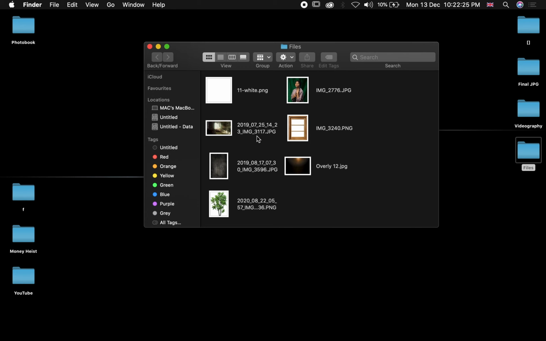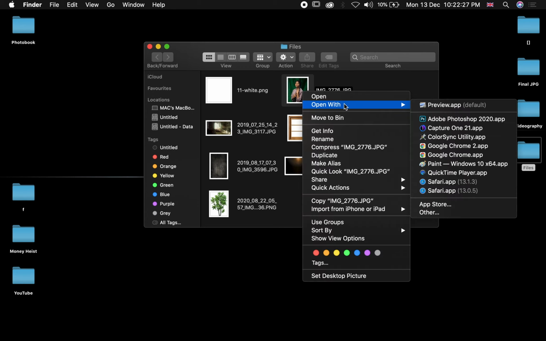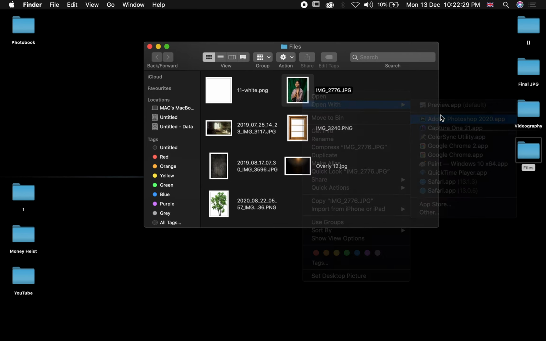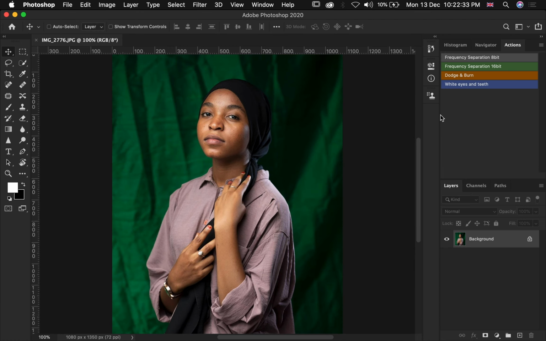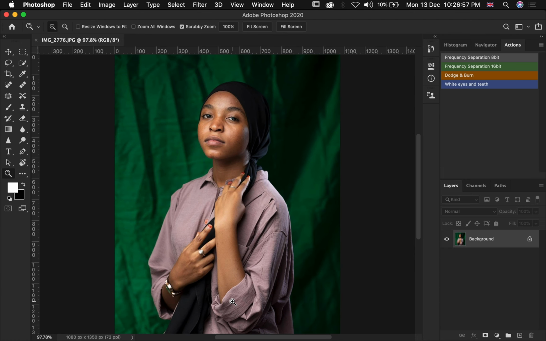So the very first thing we are going to do is open our image into Photoshop. After we open our image into Photoshop, we duplicate our original layer by pressing Command or Control J. After we duplicate it, we rename it to our subject layer so that we keep track of our layers